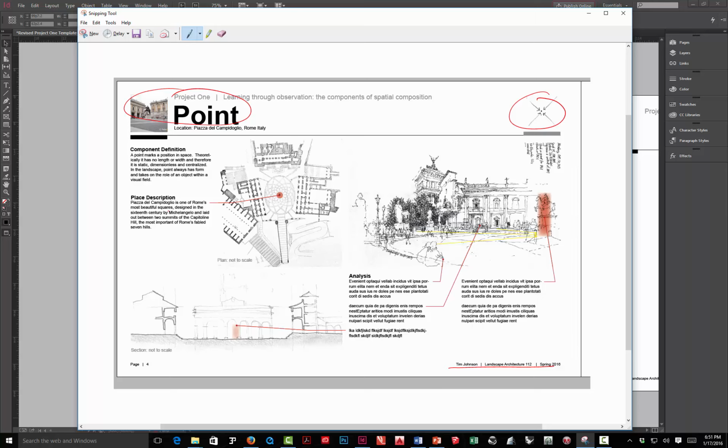So I thought in this case, I would start with basically this information here. I've chunked that together, and this is really background and context. It's the definition of what point means in landscape architecture and in 3D spatial composition. Then I've